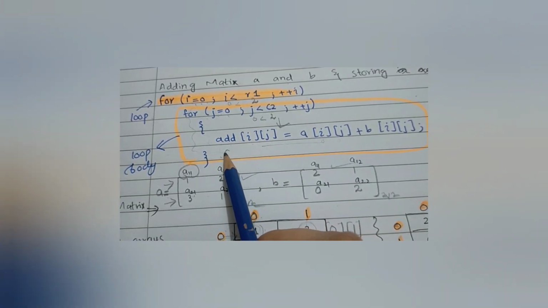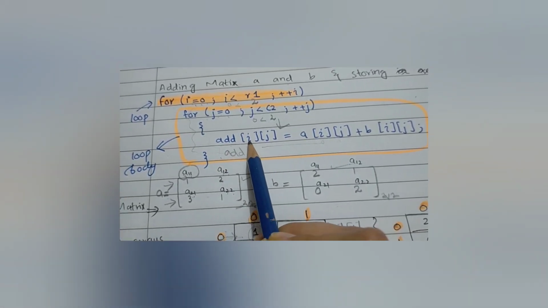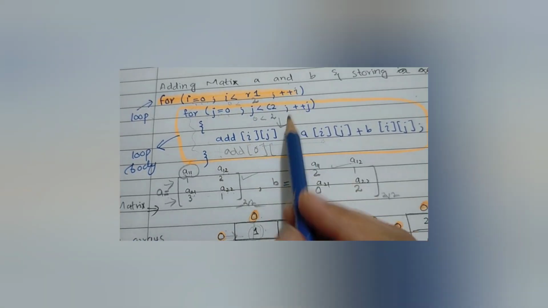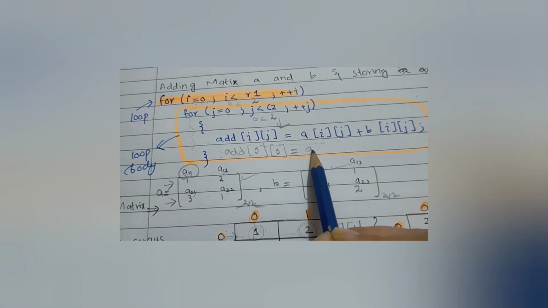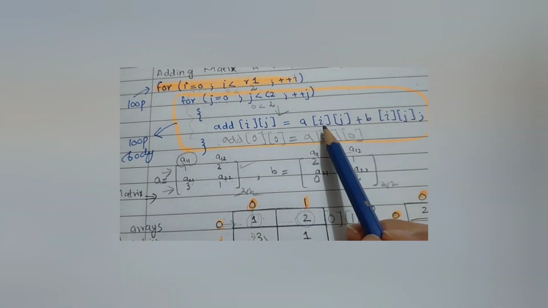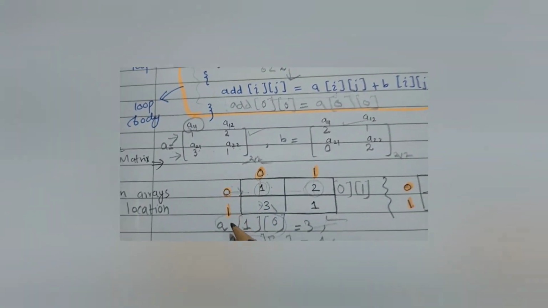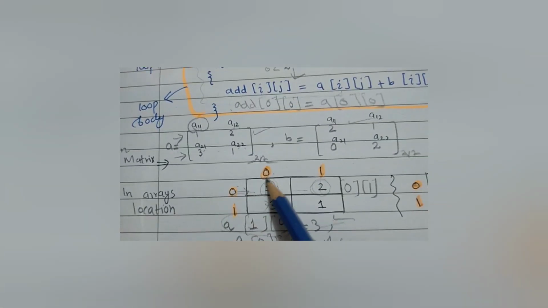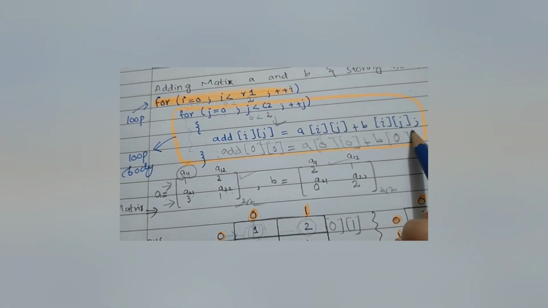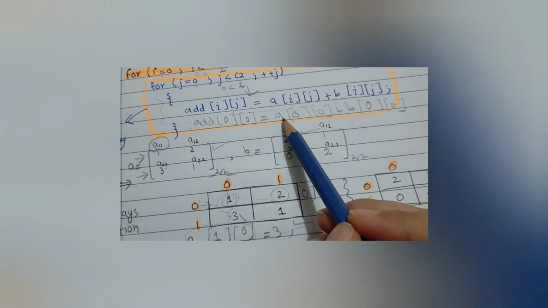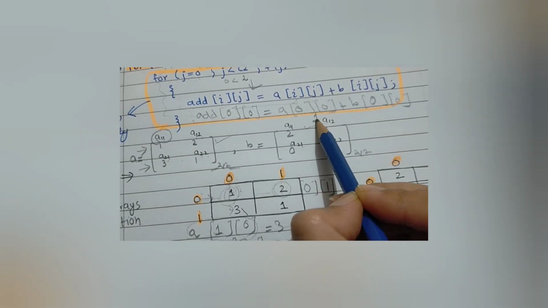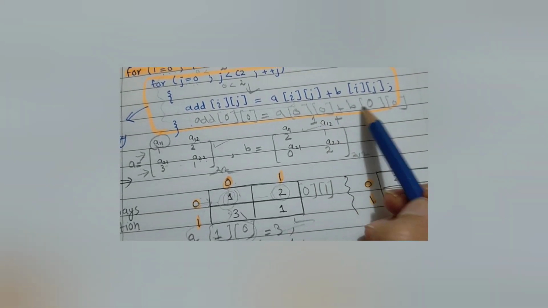Now see, add will be, now the value of i is 0. Okay, the value of j is 0. Now a[i][j] is again 0, 0. So what is the value of a00? The value of a00 is 1 here. Okay, and for b, i is also 0 and j is also 0. Alright, so the value of a00 is 1, so 1 here, plus the value of b00,